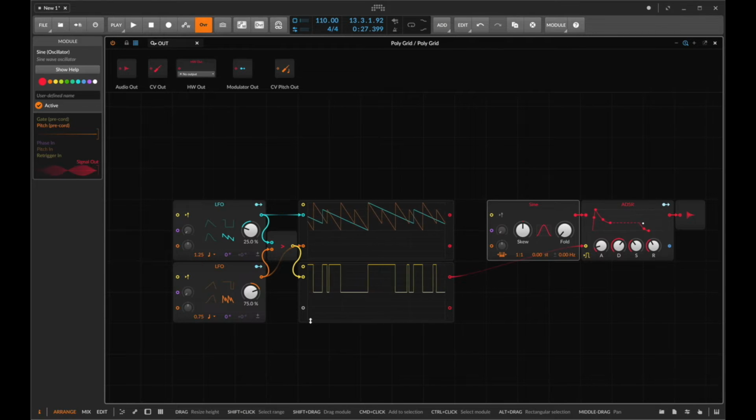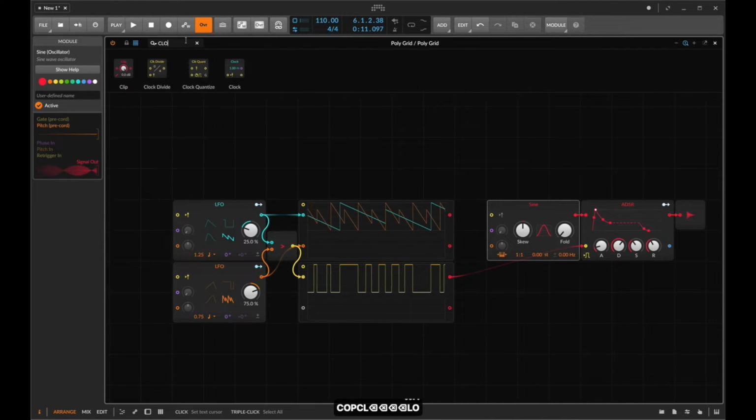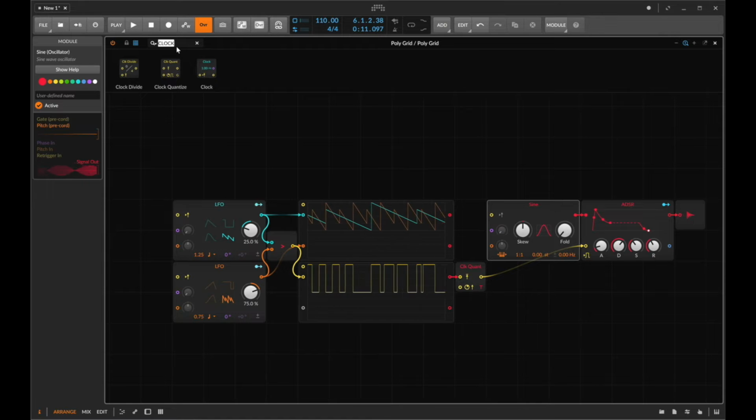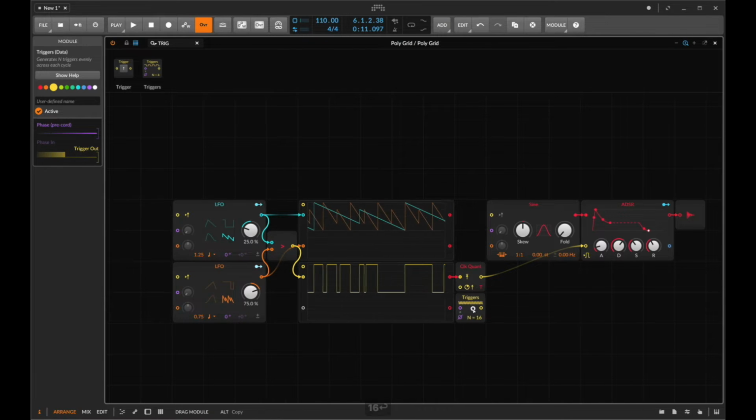And obviously if I were to play this in context with a metronome, it doesn't sound particularly good, and that's quite obviously because we're not really quantizing this to anything. So what we could do is clock quantize the output. So let's take our clock quantize, put it on triggers mode because we have some short values in there. And now let's take a triggers and put this to 16. Let's quantize it to 16th notes. And in theory, when I press play now,